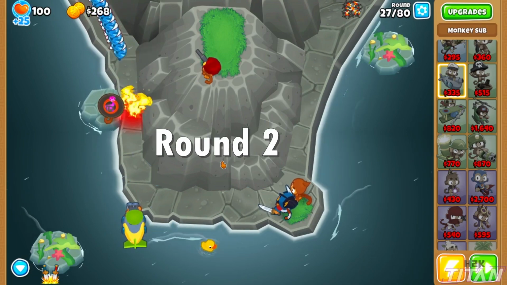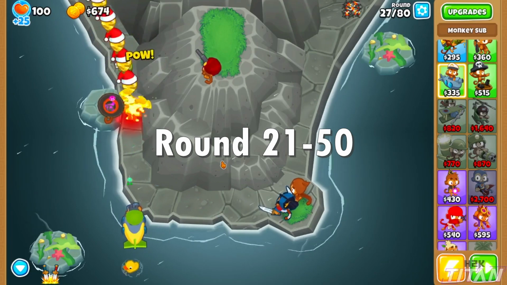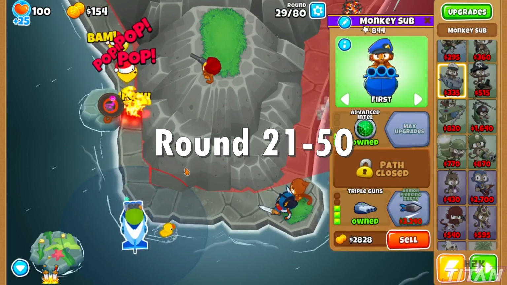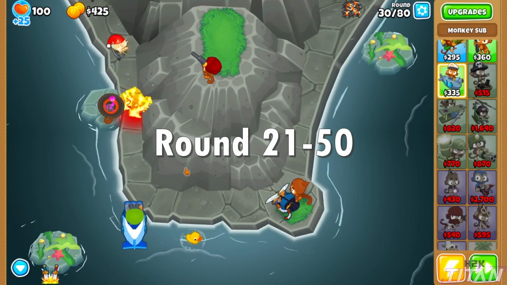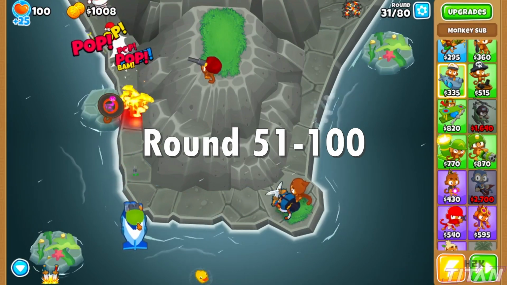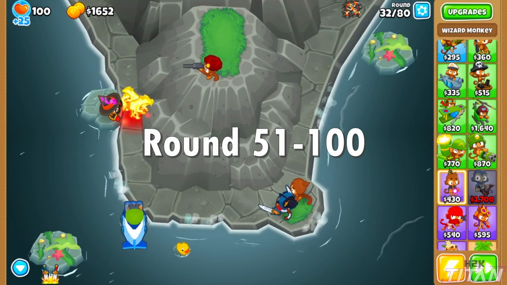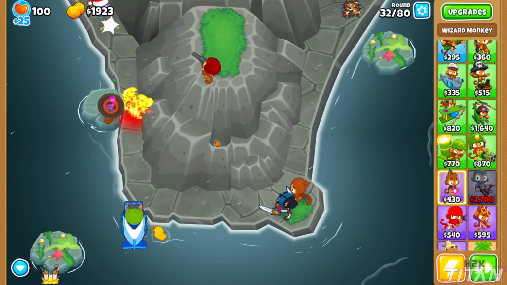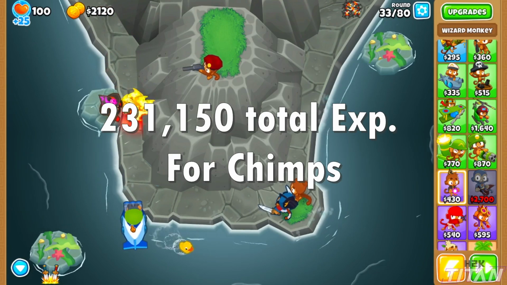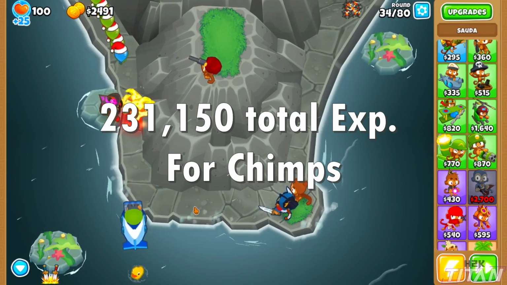As soon as you get to round 21 and you go up to round 50, the experience is increased from 20 each round up to 40. So as opposed to going from 60 to 80, it would go from 60 to 100. And then once you hit round 51 all the way up until round 100, the experience is increased to 90 each round until you reach round 100, which means you will get a grand total of 231,150 experience total XP from going from round 6 all the way up to round 100 in a CHIMPS game,